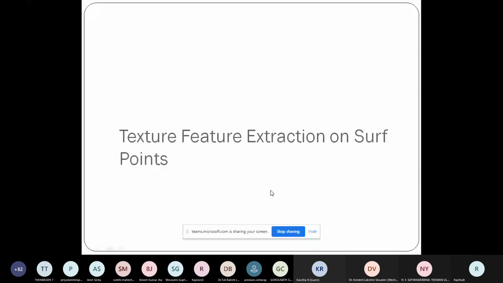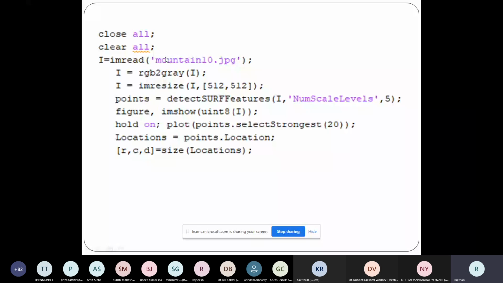Now let's see this coding, which we have done in MATLAB. Initially, as everybody knows, we need to clear everything. I have taken one image here, reading mountain.jpg. Texture features cannot be extracted directly on a color image, so I have converted that image from RGB to gray.